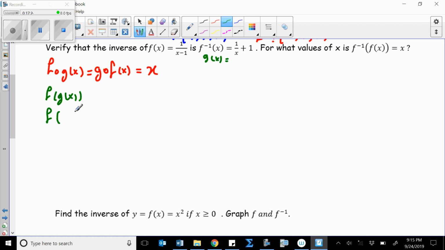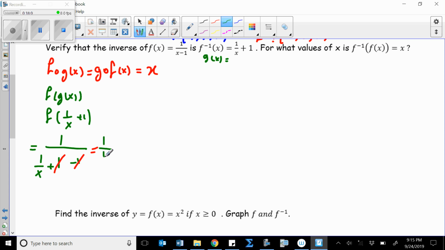F of 1 over x plus 1. This is my new x, which is going to replace the x here in f of x. So f of x was supposed to be 1 over x minus 1. It was supposed to be an x here, but now my new x is this value, which is 1 over x plus 1. Now we can easily cancel this plus 1 and this negative 1, and we will have 1